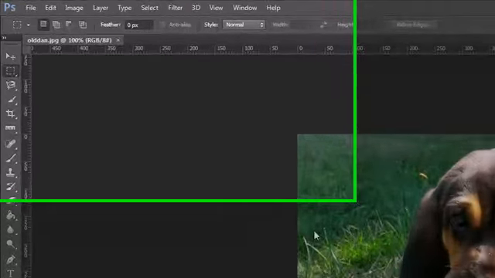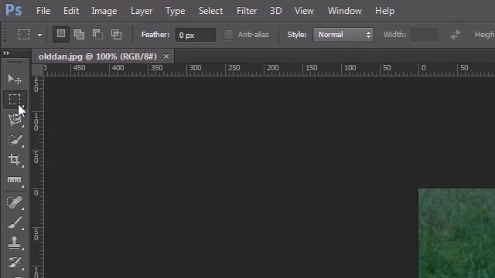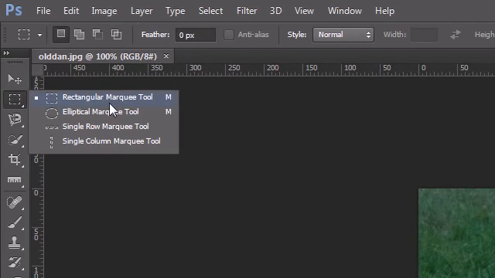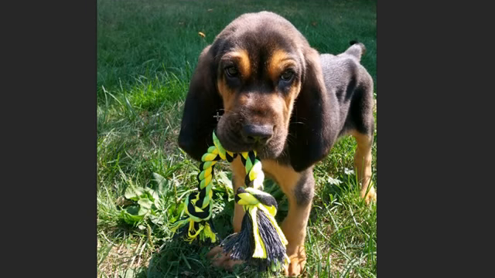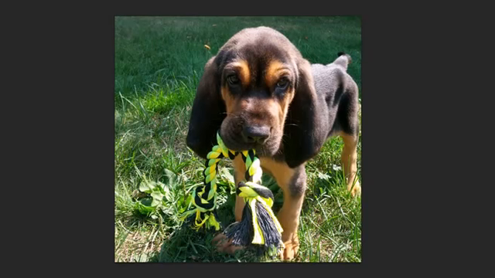So in order to get the rectangle marquee tool, we need to go ahead and use this tool, and once you see the options, you're going to see rectangular marquee tool. Now this is one of the tools that allows you to make a selection or select a portion of your image. Why would you want to select a portion of your image? Well, let's say that we wanted to cut the bottom half of this image out, so instead of his feet, maybe we want to add some text in there. Or maybe we just want to cut out this rope and put in, I don't know, a hot dog so it looks like he's eating a hot dog. The important thing is you can do many things, but let's just focus on making that